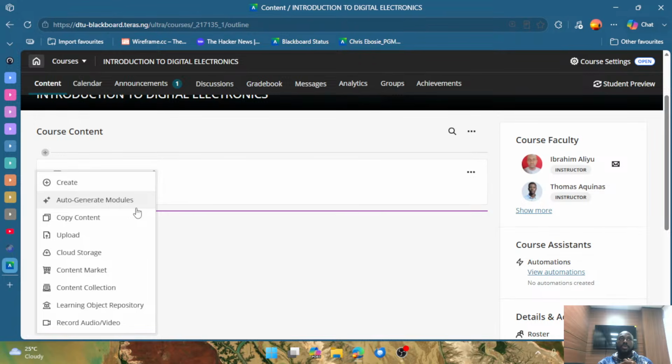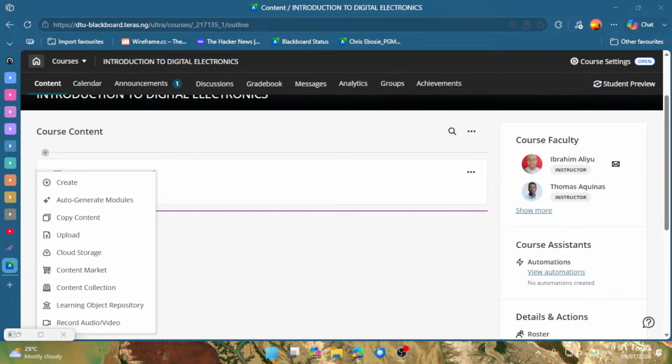So the video studio feature is basically a video recording feature that allows you to have access to your cameras, your mic, and screen recording inside Blackboard. So instead of battling with recording a video outside, then struggling with how to upload it, the video is too large, the network is bad, and a lot of other problems, you can easily just come into Blackboard and use the video studio option to upload your video